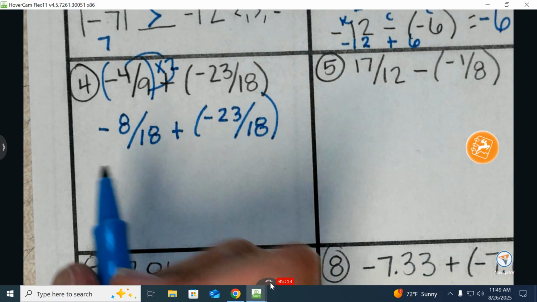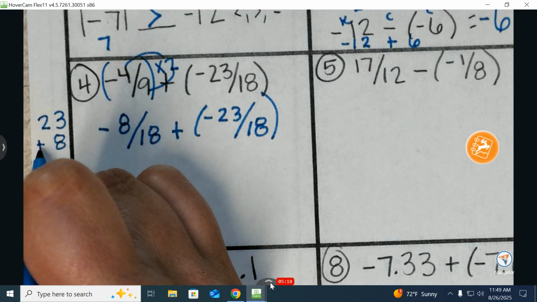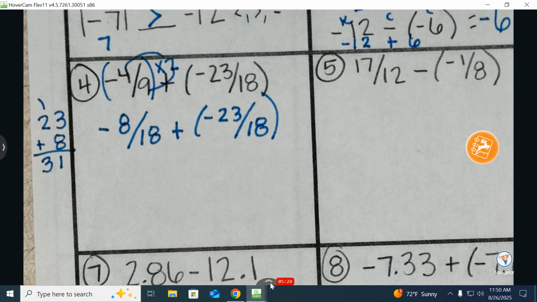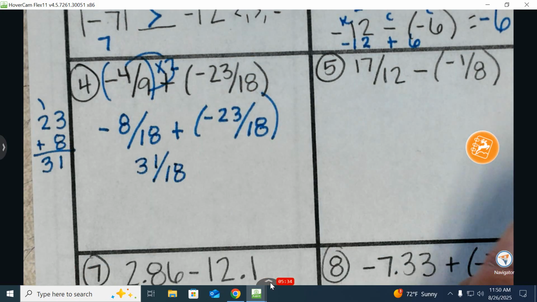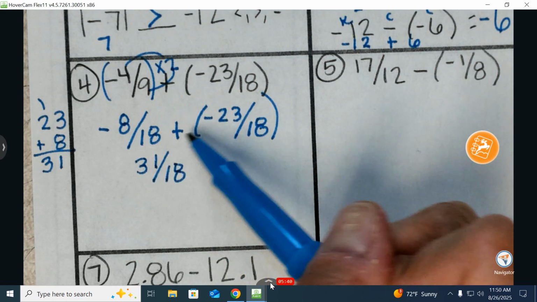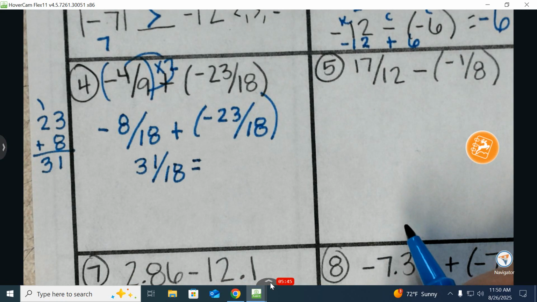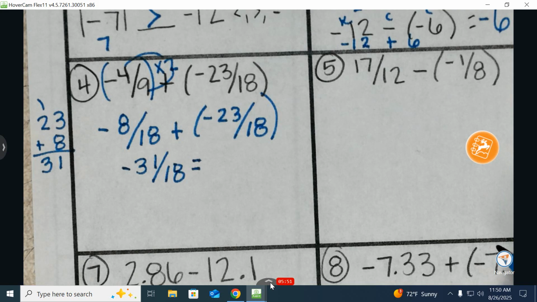Okay, I'm going to add the numerators, so 23 and 8. I'm going to add that. That's 11, so you should have gotten 31. Okay, so it's 31 over 18. And if it tells you to make it into, oh, don't forget your negative sign. If it tells you to make it into a